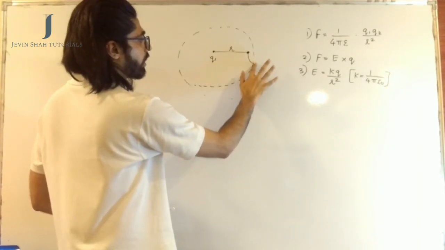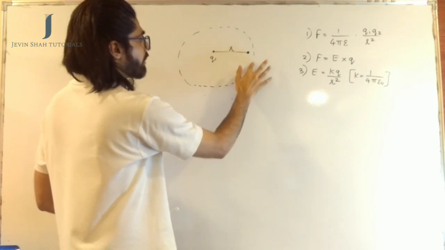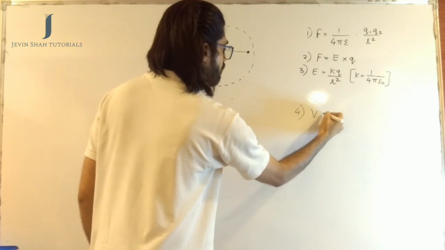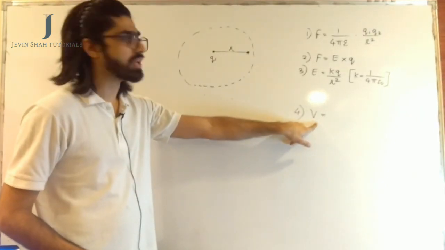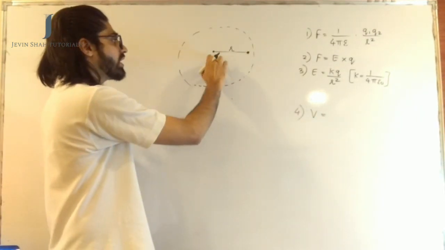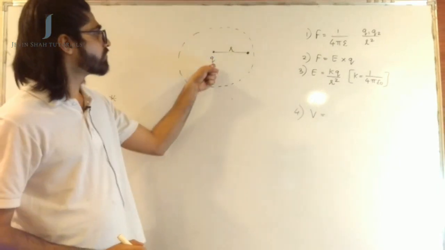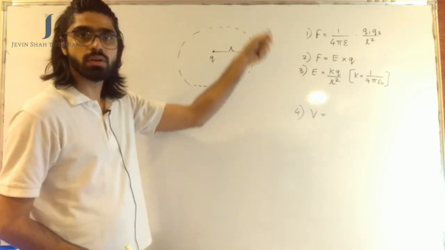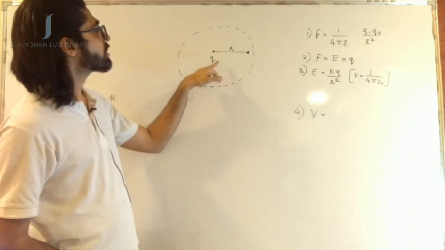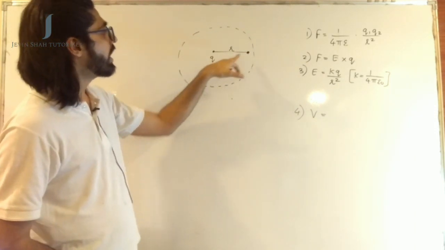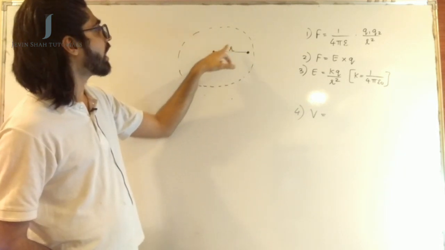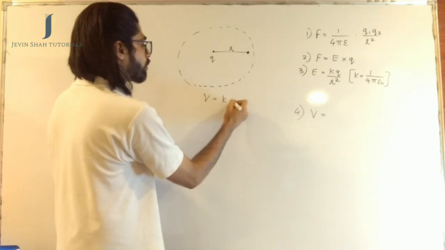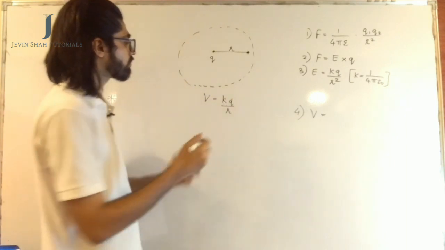We spoke about something called electric field intensity. There is something called electric potential which comes after this. Electric potential is denoted by the letter V. So if this was the charge Q1, let's call it Q in general. If this was the charge Q, then like I said, it creates an electric field around it. I want to know what is the potential generated by Q at a point at a distance of R from the charge Q. The formula for potential is K into Q by R.